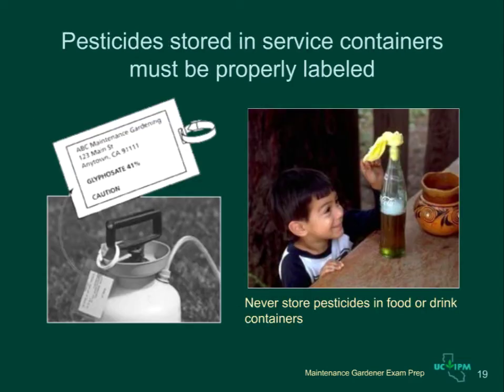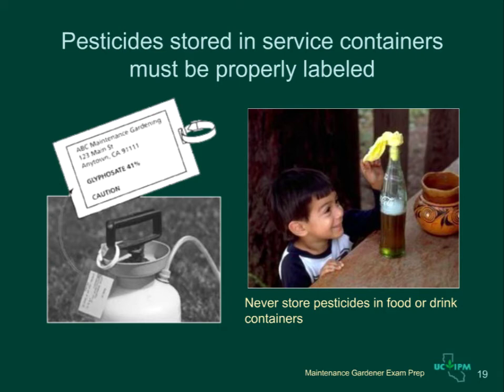If you store or transport pesticides in a container other than the original pesticide container, it must be properly labeled. This includes backpack or compressed air sprayers that you may be moving from site to site in your truck. The label must include this information: the name and address of the person or business responsible for the container, the identity of the pesticide, either the active ingredient and the product name, and the signal word.